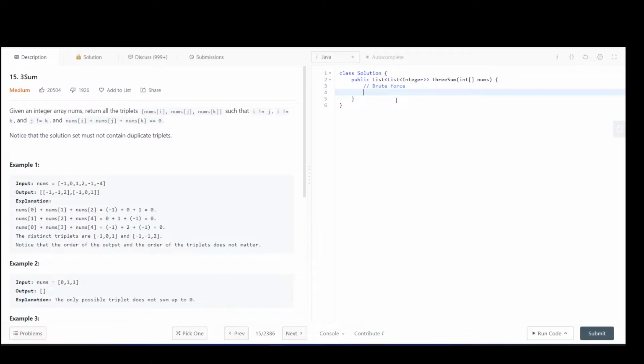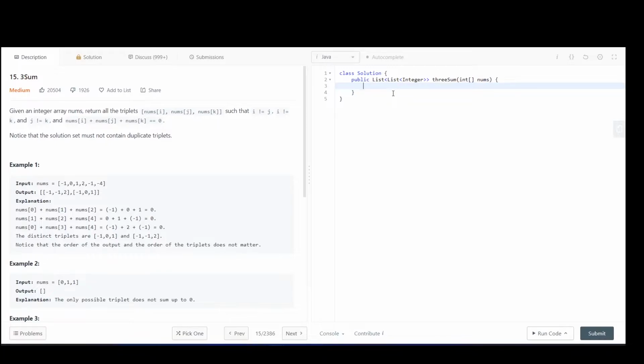If it does, then we add it in our output list, and then we will return it. But this brute force approach takes order of n cube time,